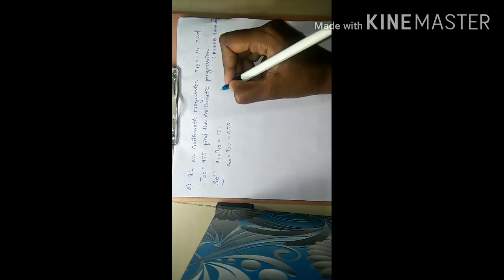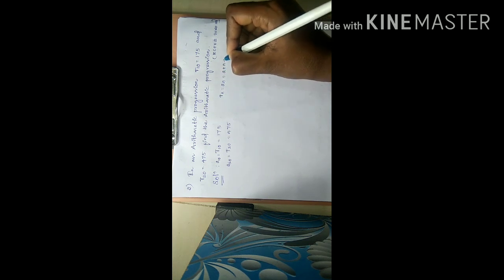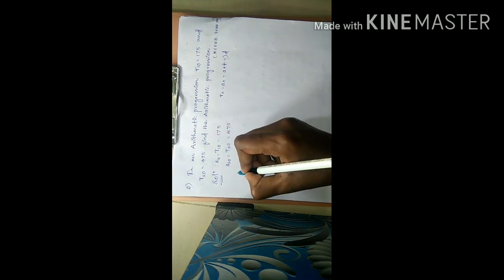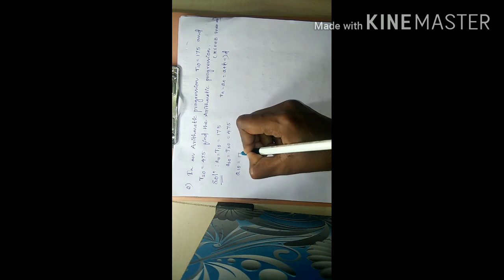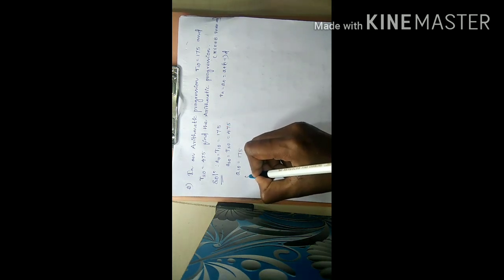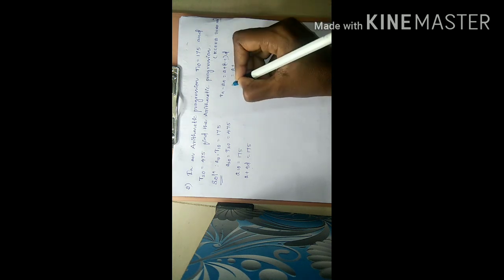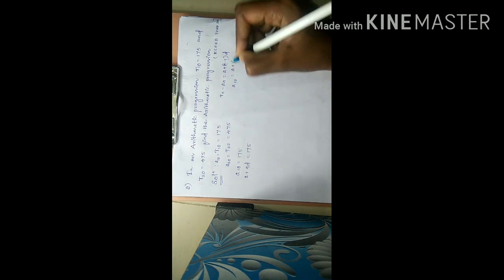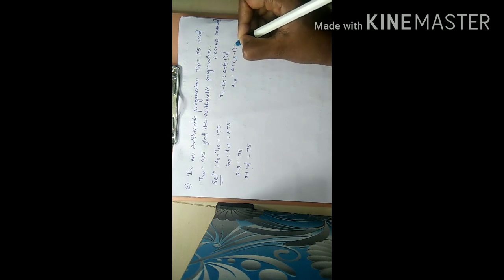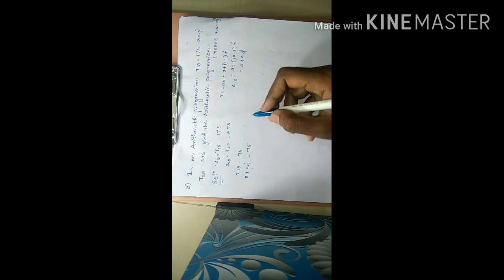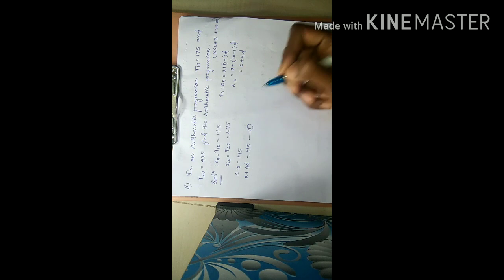Now you know the formula. Tn or An is equal to A plus n minus 1 into D. So I will apply that for this. A10 is equal to 175. And A10 I can write as A plus 9D is equal to 175. How did this 9D come? So that is A plus, n is 10, 10 minus 1 into D, that is A plus 9D. So this I will take as equation number 1.